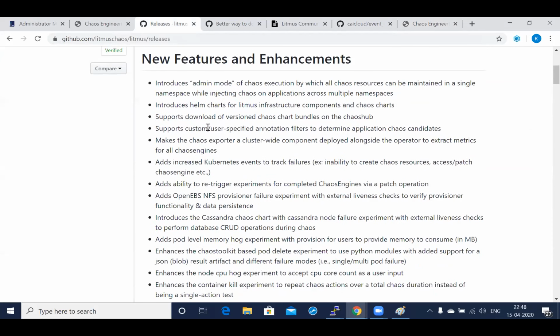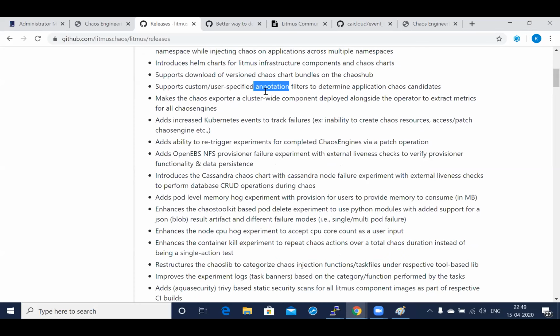And we are supporting custom annotation filters. So if you are totally based on GitOps like Sumit, and you would like to give your own annotations on your applications, maybe the annotation that you've also been using for some other purposes, then Litmus allows you to do that. Not only litmuschaos.io/chaos equals true, which is the standard, but you could also use other annotations and just set this as an operator env. And we're also planning to do a set of whitelisting. So instead of just one annotation, we'll probably allow for a list of them in a subsequent release.